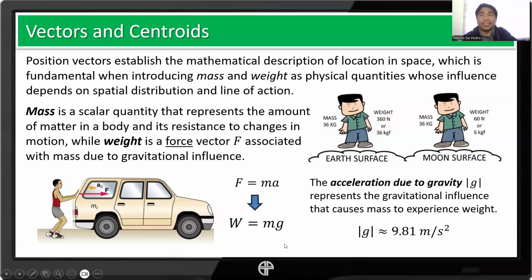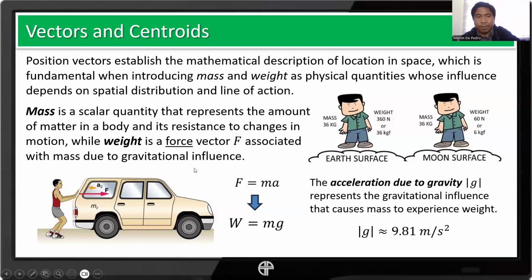Okay, and it's always that way. Weight is always downward, never at any angle. Regardless of your position, regardless of the surface you are on, weight remains at 270 degrees with respect to the positive x-axis. In short, straight downward. For forces other than weight, we use the formula F equals ma,